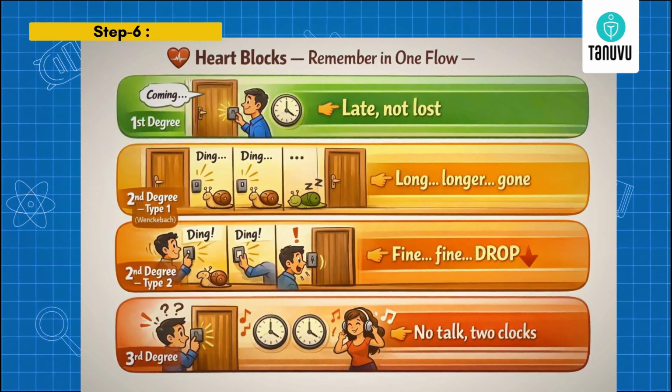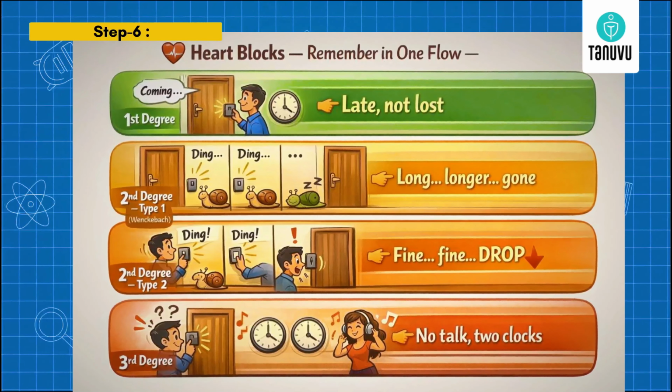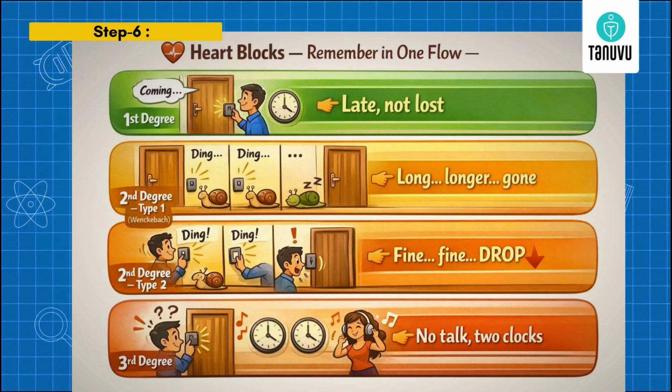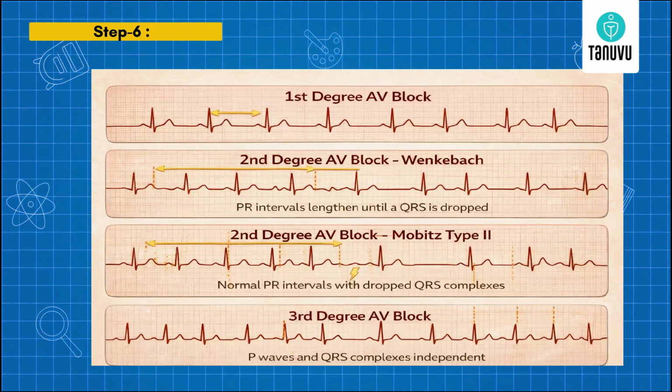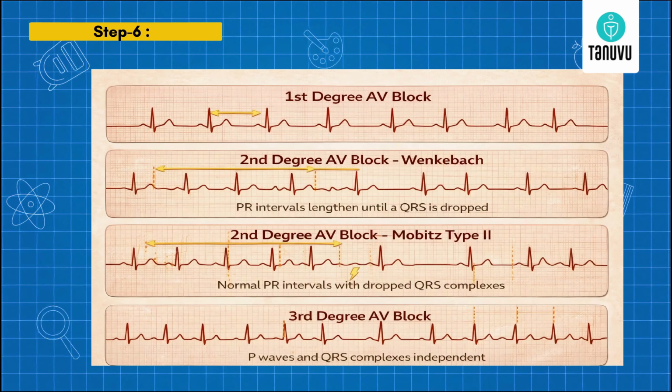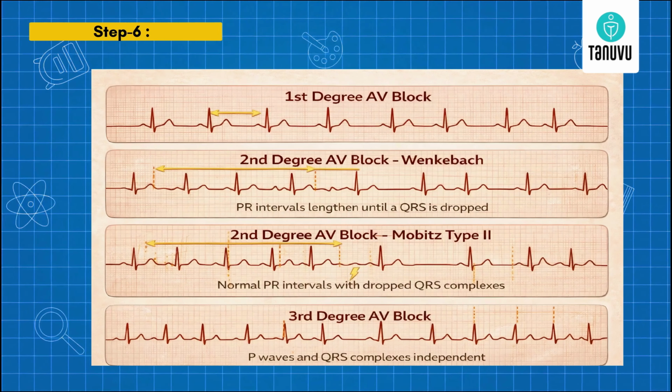Type 3 block, which can also be called no talk, two clocks. That is, the atria and ventricles beat at their own pace. Looking at these ECGs, you can get an understanding of each of these phenomena, how these impulses are conducted or